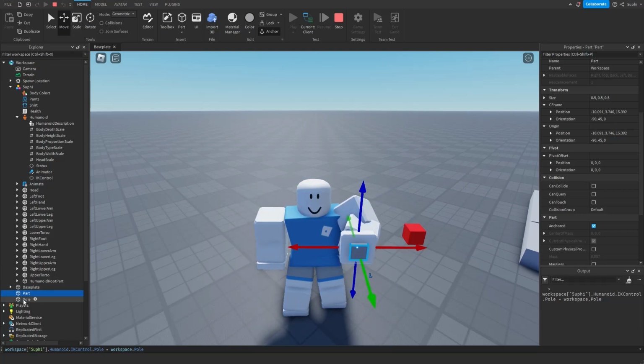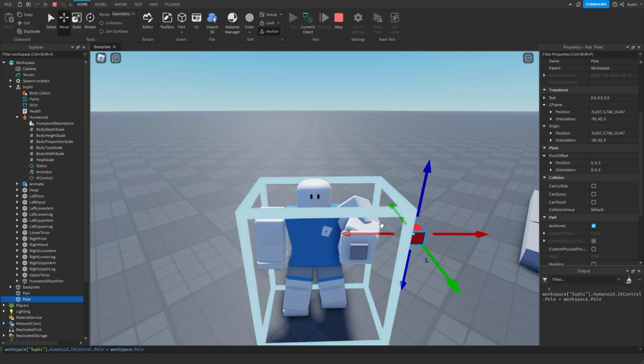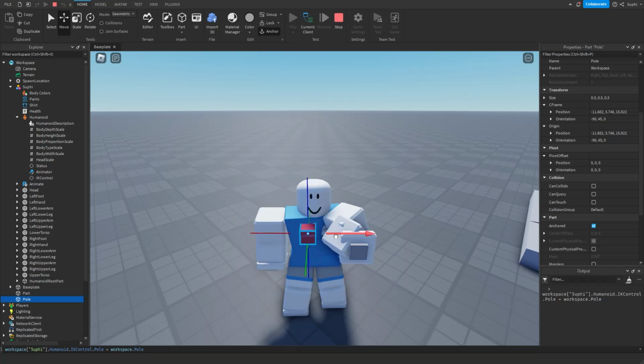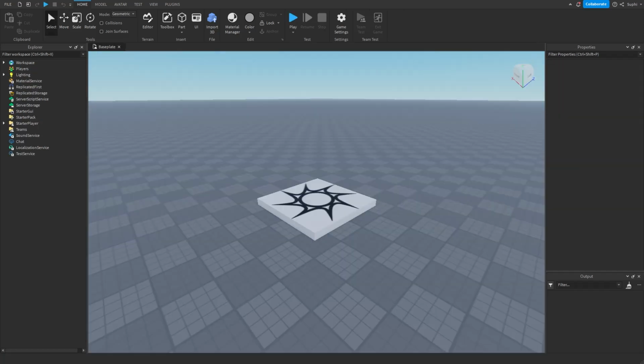And now I can use the pole to affect the direction of the elbow. So if I want my elbows to be inwards, I can do it like this. I can move my elbows out, move my elbows up. Okay, so now that we've messed around with the IK controller, let's stop playing the game and let me now